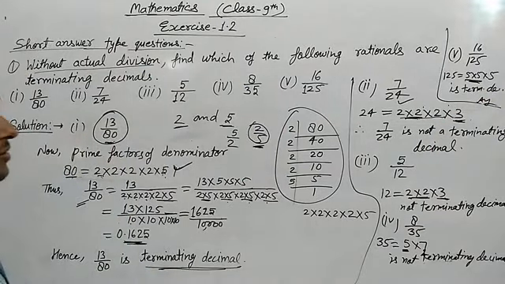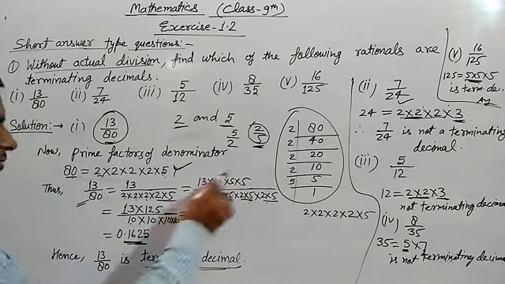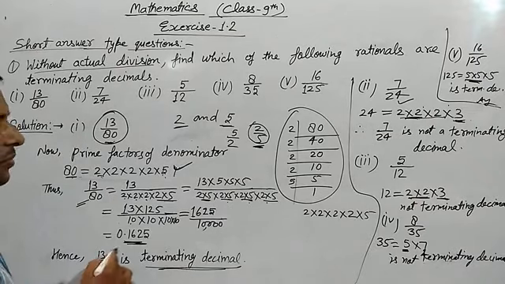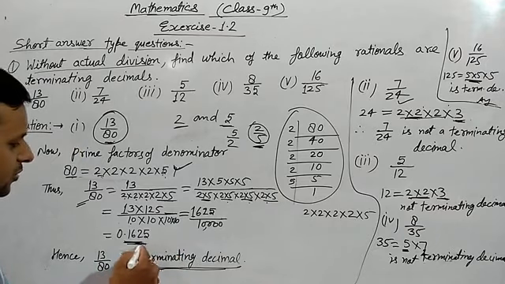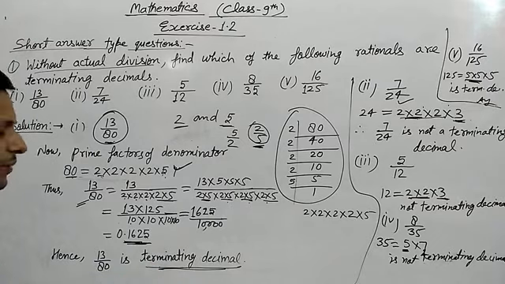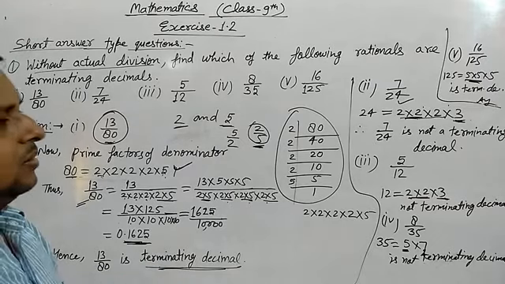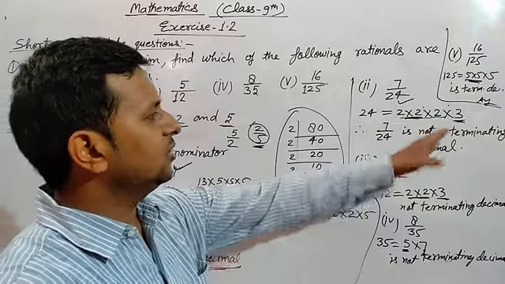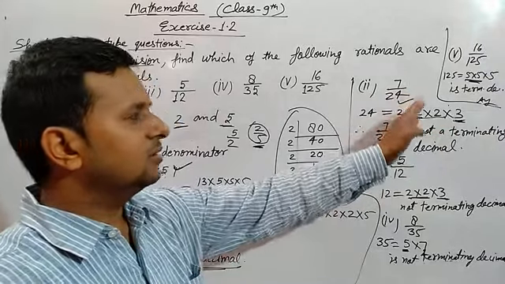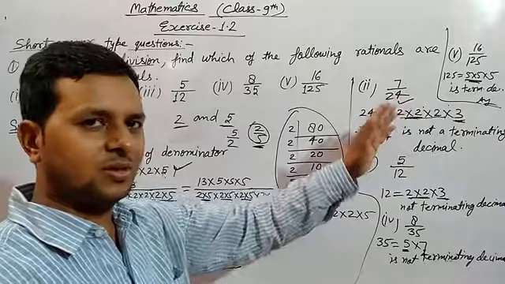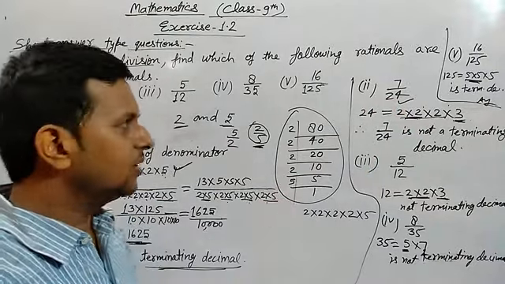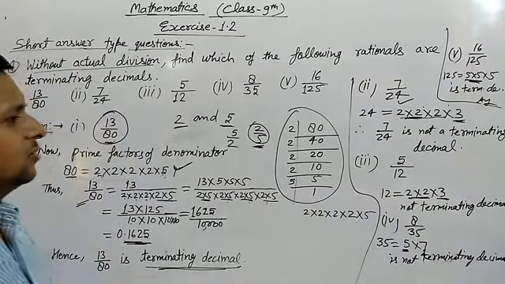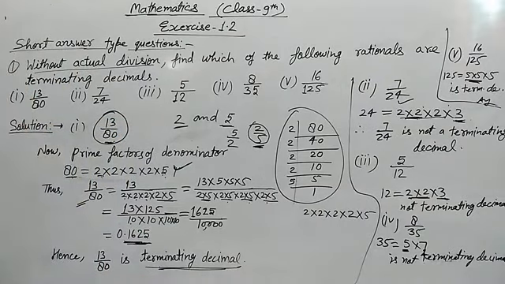Okay, it is very easy. There is no need to solve this type of question. I have solved here because you have to justify how you can say that it is a terminating decimal. Now in these parts you can check. When you divide it, there will be no complete division, because something is repeating. So you can solve it in this way.